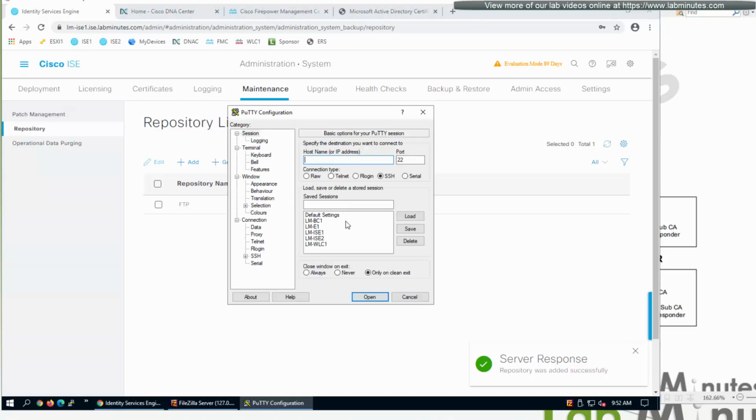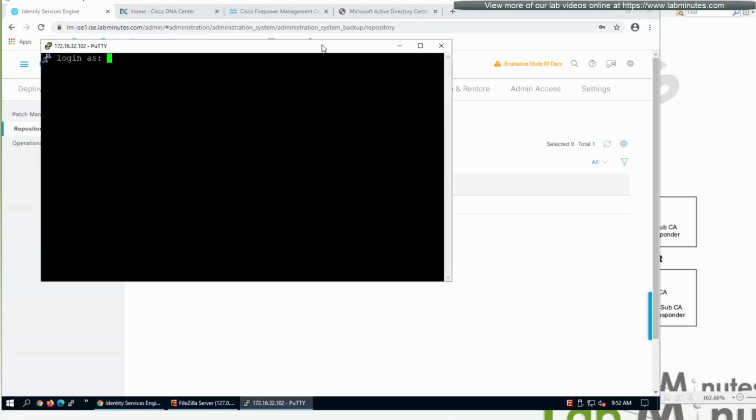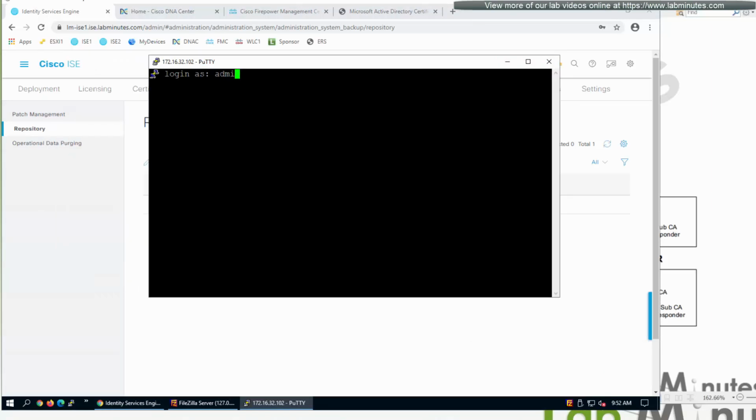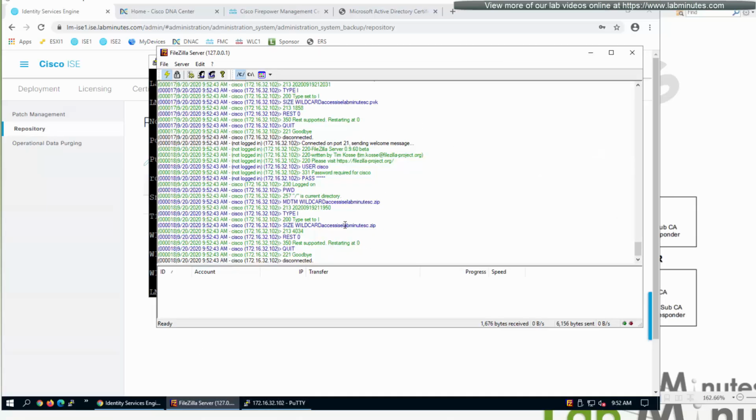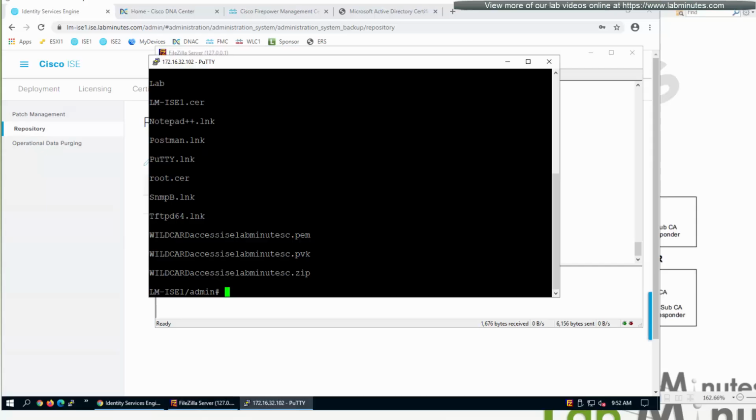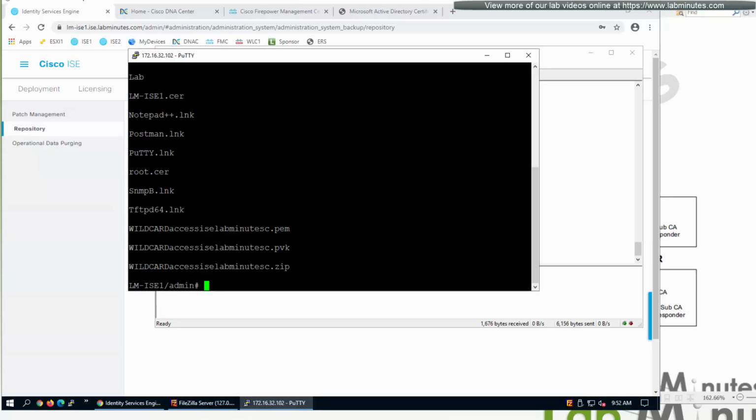Let's go ahead and SSH into ICE number 1. Let's check if our FTP repository is working. Okay, we can see the content on our desktop, and we can see the successful connection right there as well. So, yep, ICE can access the FTP server. Then you issue the command application,